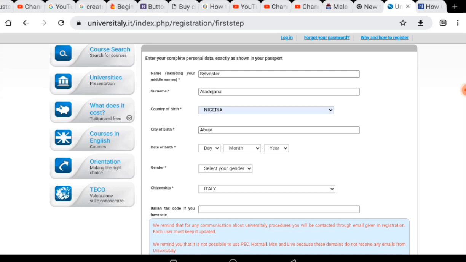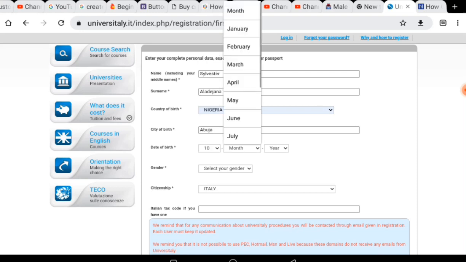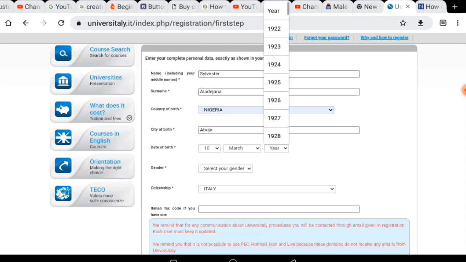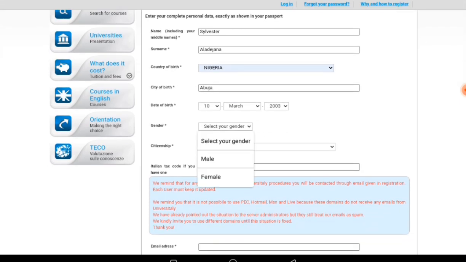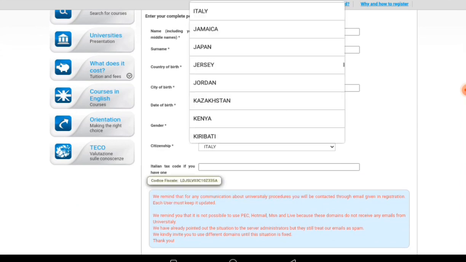Okay, so date of birth: 10th March, 2003. Okay, then gender male, then citizenship,